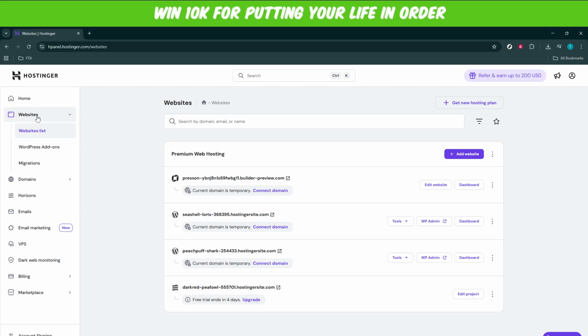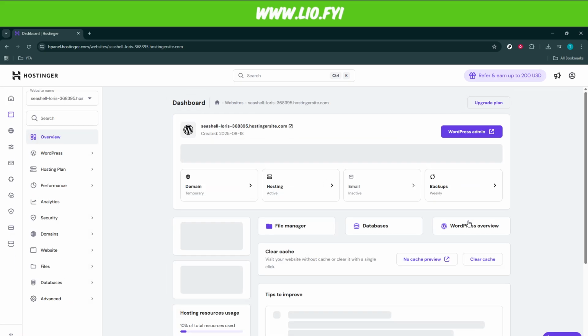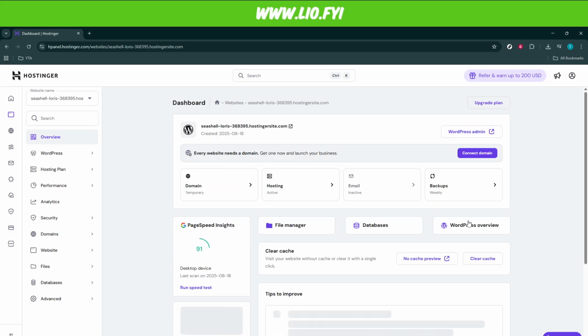Now that you're in the Websites section, look for the Dashboard option. Click on it and you'll find yourself on a new page that gives you a more detailed view of your selected site. The dashboard is the brain of your website management operations, and from here you can access various tools